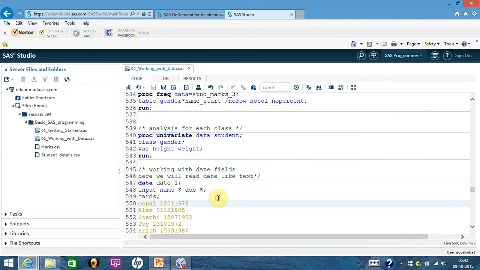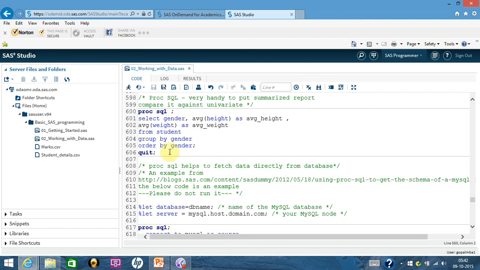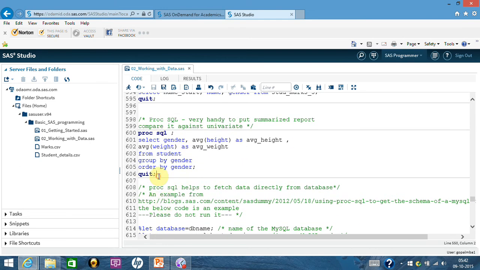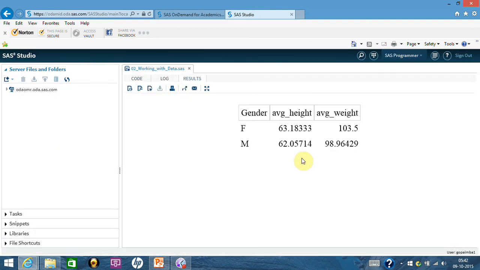But what you need to understand is that in some sense this helps you, because this is much more summarized. It has given you the information as a table in one place, so that you can very quickly see it. There you are just scrolling because it was producing too many things. So at times Proc SQL becomes very handy, especially if you want to get a lot of things in a tabular format. You can do it very quickly because you can just dictate SAS to do only the required things.